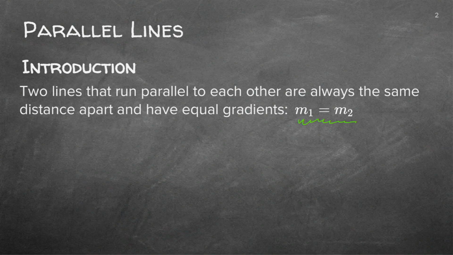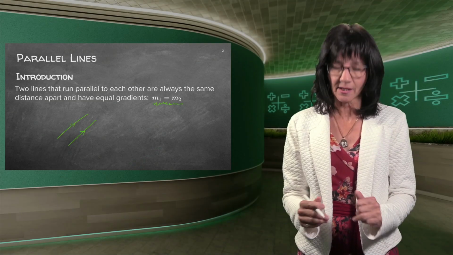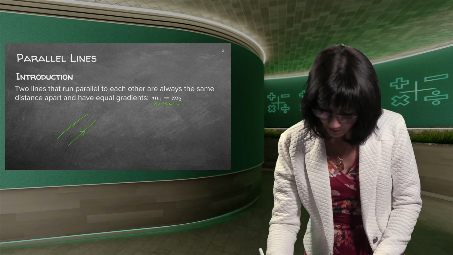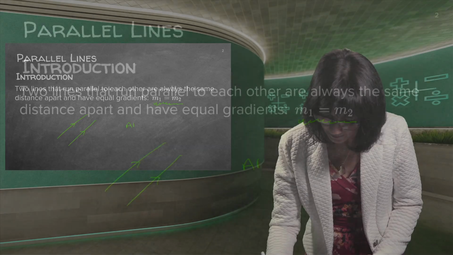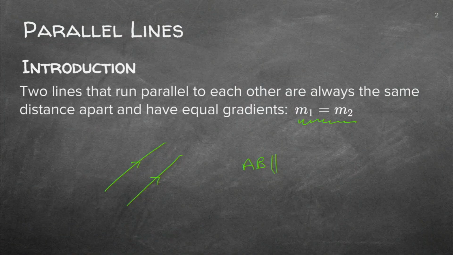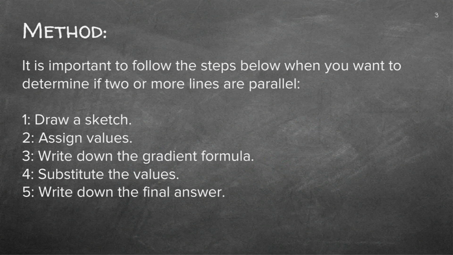If two lines are parallel, we show it with little arrows like that, they will never meet, they've got the same direction, the same slope. That means they've got the same gradient, which we already did previously. Gradient is the same, M1. And just something, if lines are parallel, we write AB is parallel to CD. So we do the little rail trail there, so that we know that means parallel, they're the same distance apart.